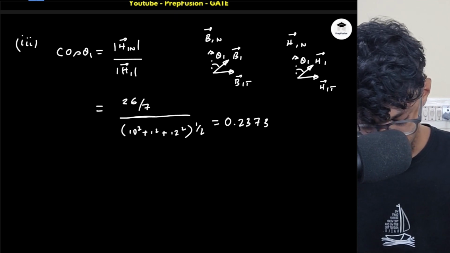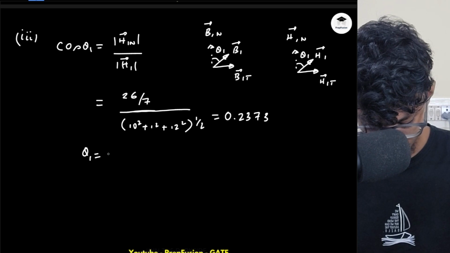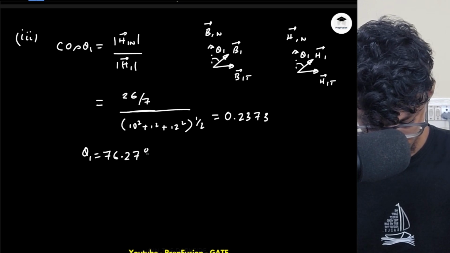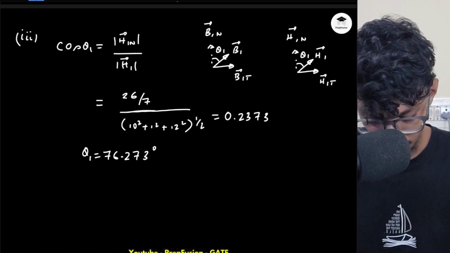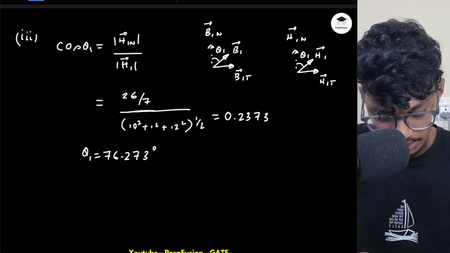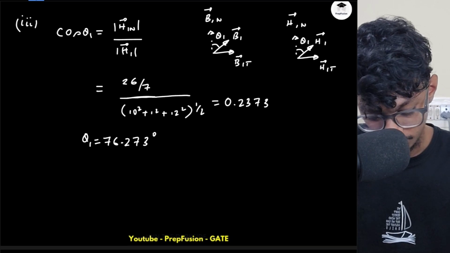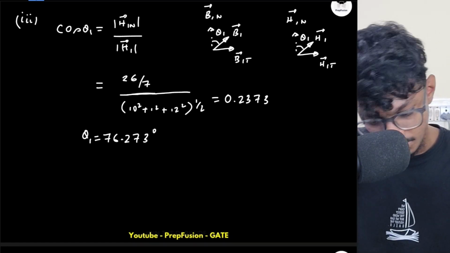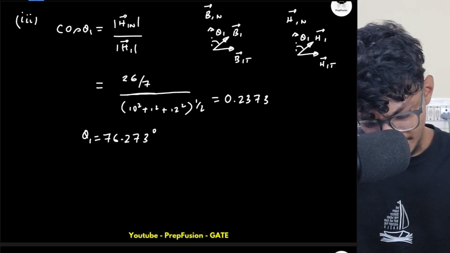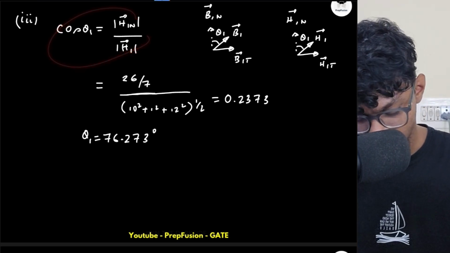Cos inverse. So theta 1 is 273 degrees. Okay, theta 1 is this. So theta 1 I have found out. What about theta 2? Now do I need to compute the H2T and all those things? No. What I can do is, again, you can use the same formula, cos theta 2, or you can use